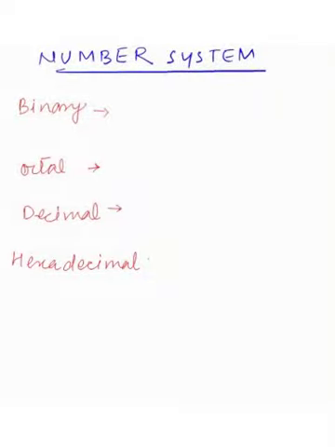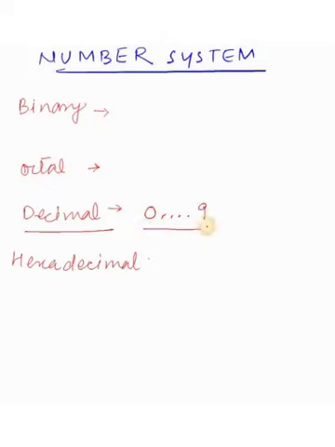Hello everyone. In the last class we learned about number systems, and we learned that there are four types of number systems which are used in computers. Now, the decimal number system is used by human beings. For every calculation we use the decimal number system. If I define the decimal number system first, it uses all digits from 0 to 9.